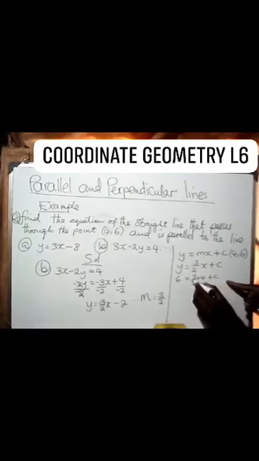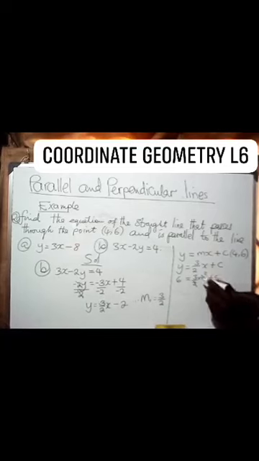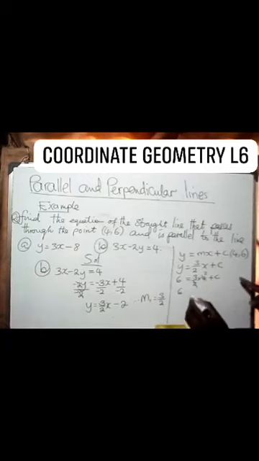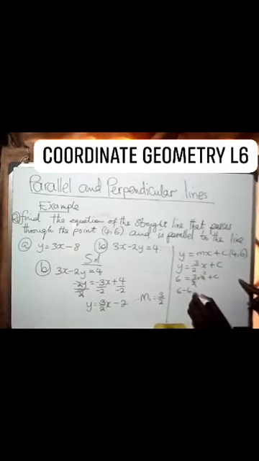Then 2 into 2, the answer is 1. 2 into 4, it goes 2. So 3 times 2, the answer is 6. Now this 6 will go to the other side. So it will be 6 minus 6 is equal to c. And the value of c now will be 0. So therefore, we are going to say